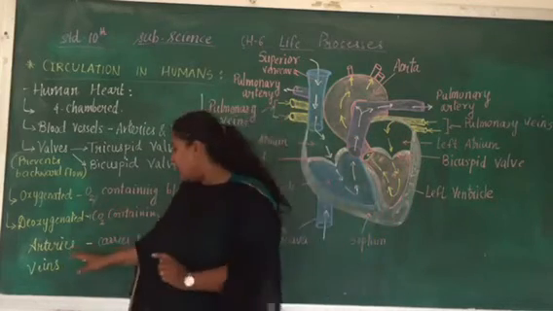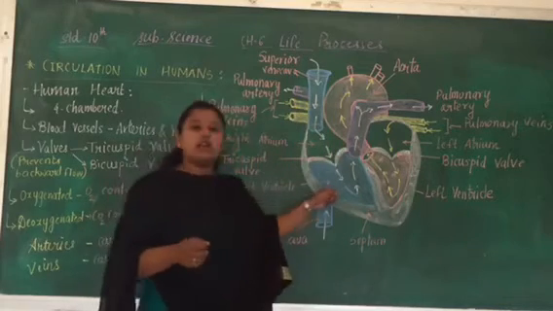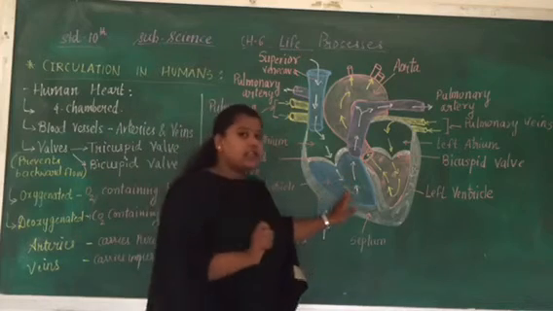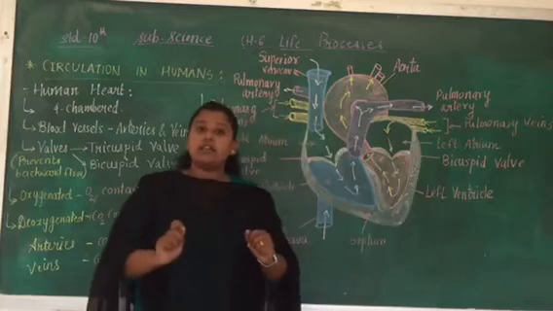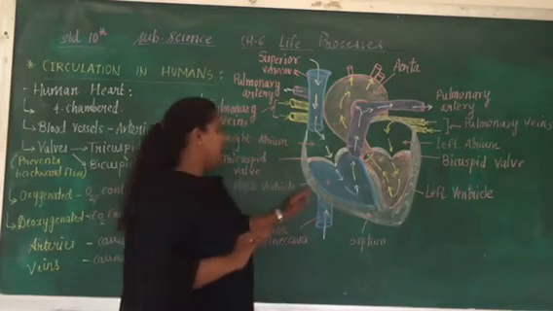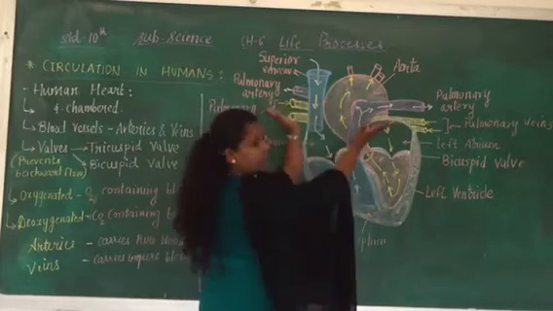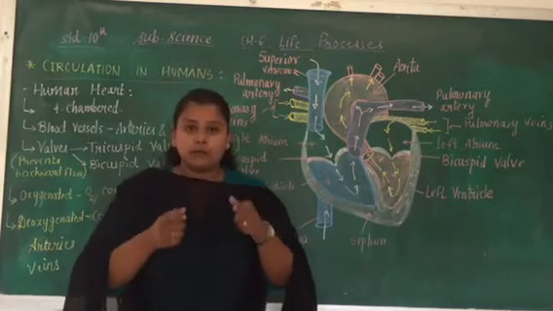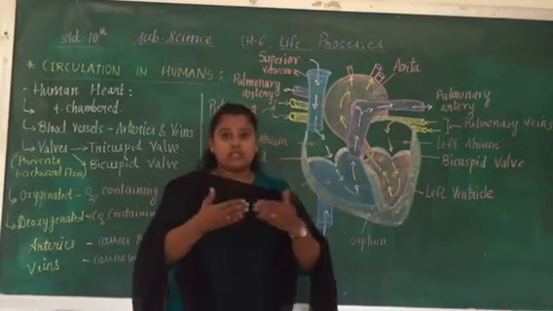We have seen here that arteries always carry pure blood, but here in this right ventricle, which type of blood is present? Deoxygenated blood. So this is an exception: only the pulmonary artery is the artery which is going to carry deoxygenated blood. This deoxygenated blood through the pulmonary arteries splits into two, and both of the pulmonary arteries open inside the lungs, where the exchange of gases takes place.